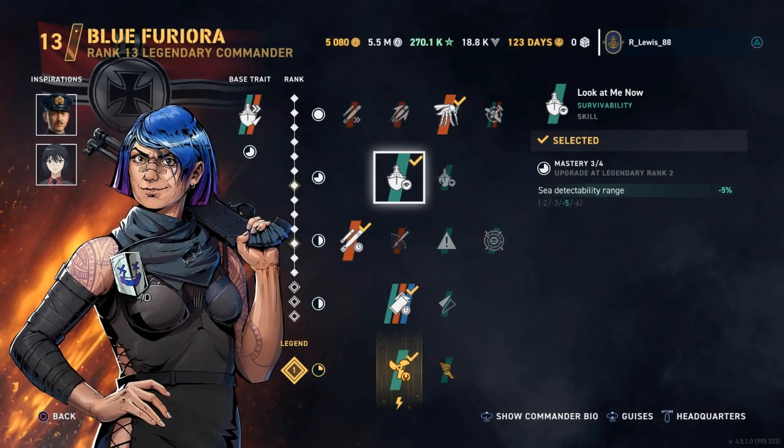Second row skill, using Look At Me Now, Mastery 3 out of 4. I would not suggest a Fragile Threat, because that would just reduce your hit points, and in a match like Brawl, with how many torps can be thrown at you, you want as much health as possible throughout the match. You could go William Scissors for an inspiration, but